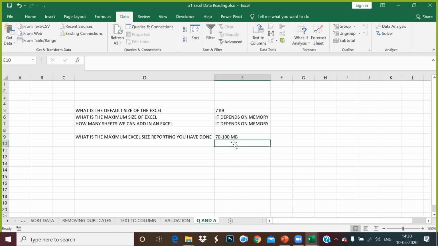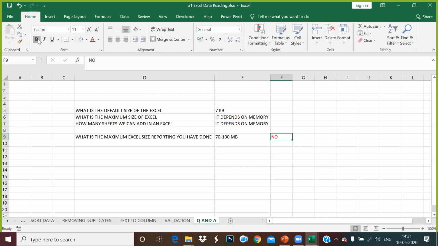If you say that, somewhere you are trying to mislead them, because when Excel reaches more than 10 MB, 5 MB also, it takes more time to process. So no business can look for any Excel file which is 70 to 100 MB or more than that. So always limit. Do not say 70 to 90 MB. Always say I have worked on a max of 50 MB files.